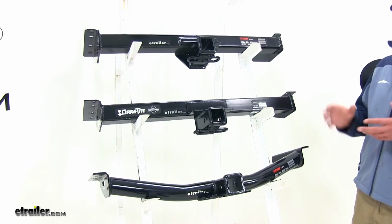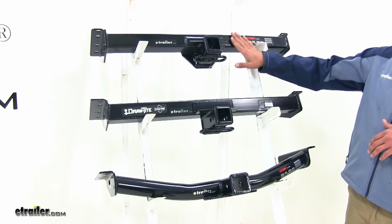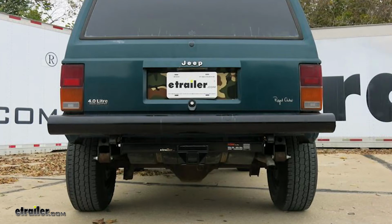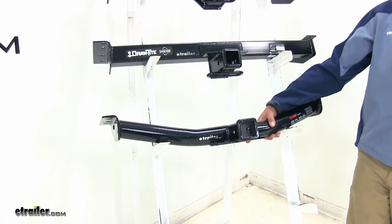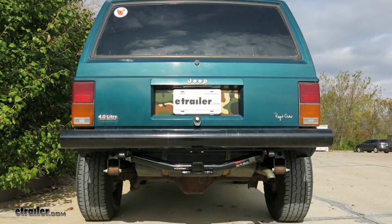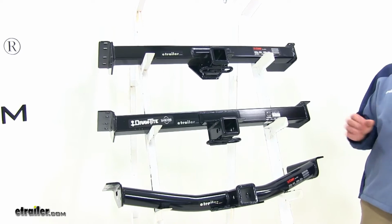Now, visually you can already see a big difference in the hitches. Both of our top hitches here have the square cross tube. Now, these are designed to stay mainly hidden in behind the bumper on your Cherokee. When we look at the Curt hitch on the bottom, it has a round tube. Now, this is going to drop down below our bumper line and it's going to remain much more visible. I think that's why people tend to prefer the square tube to keep it up and a little more hidden